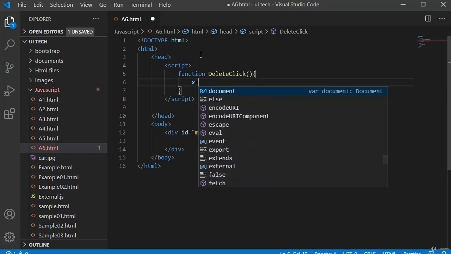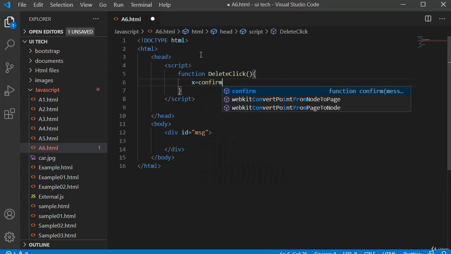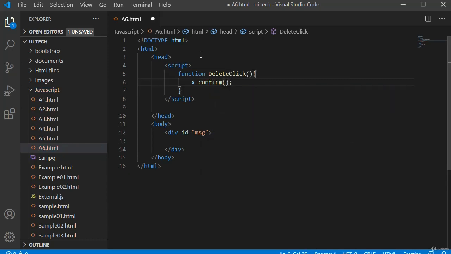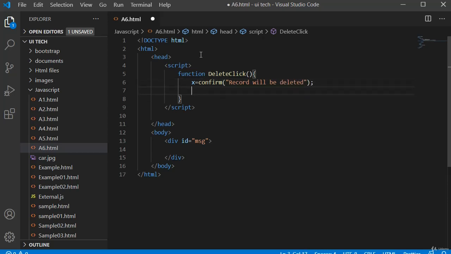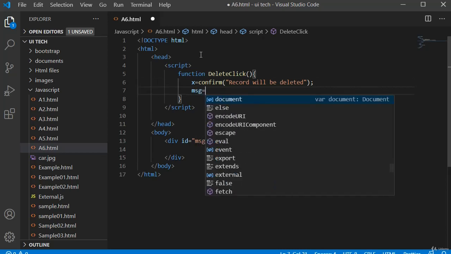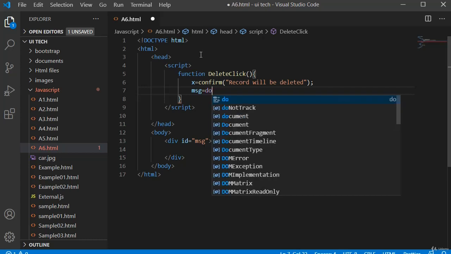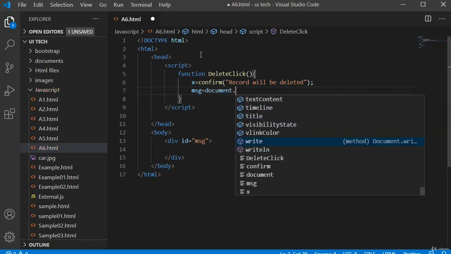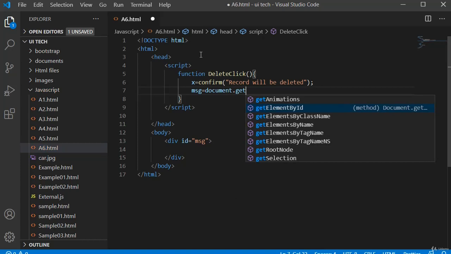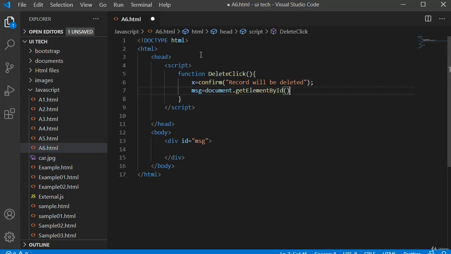For example, I am using an x variable, and in the confirm I want to print "A record will be deleted". Next, I am using my msg variable, and inside this msg I want to store document.getElementById msg.